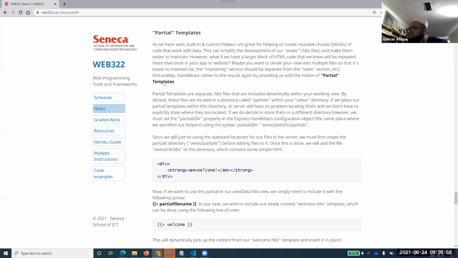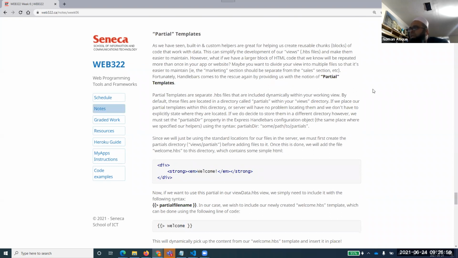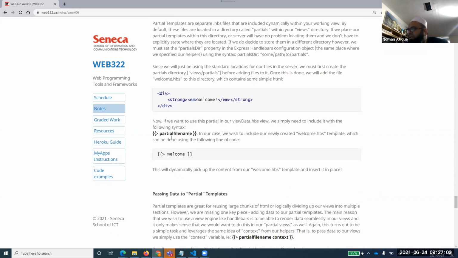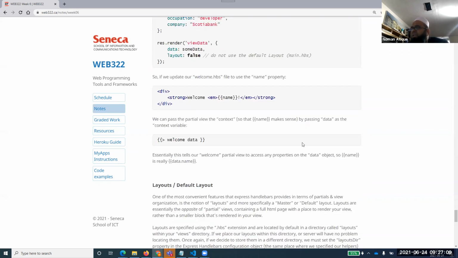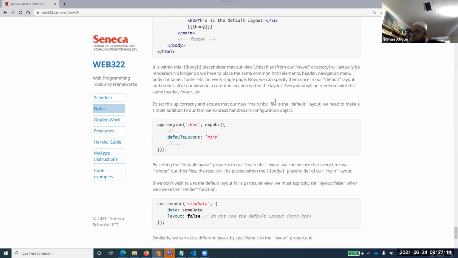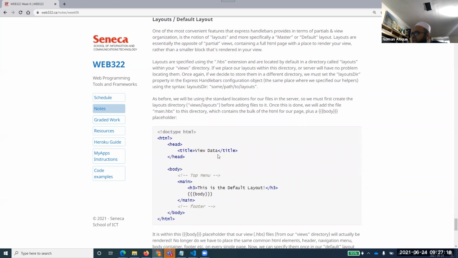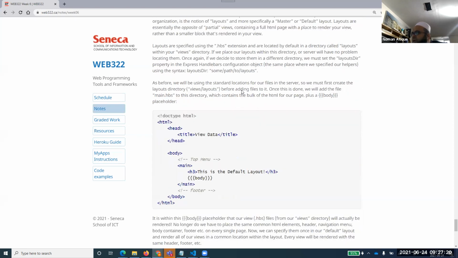And then we have something called partial templates. We can create some partial templates over here and run them, and this is the format for including them. So this is something I'll be leaving to you. This is the default layout I was talking about. You have to read about what will happen if the master layout is defined or not defined.